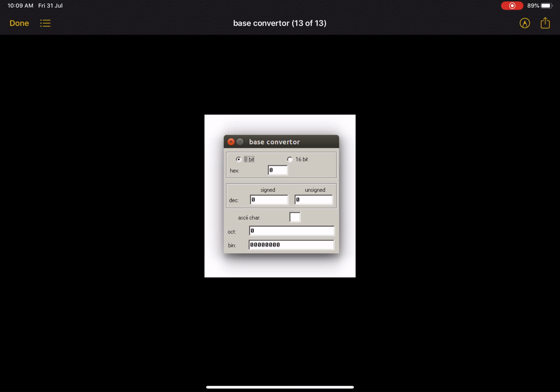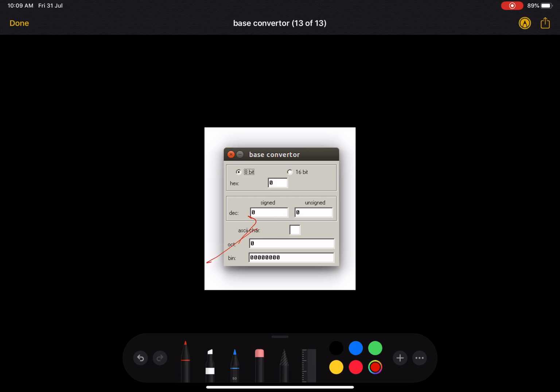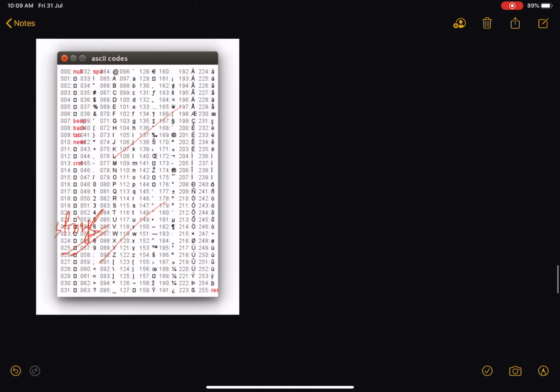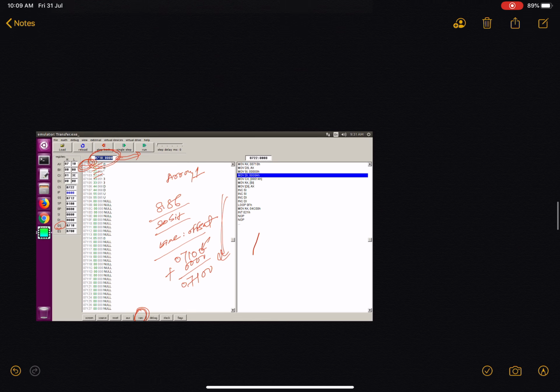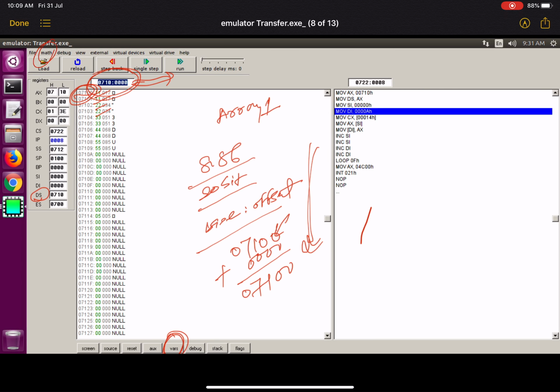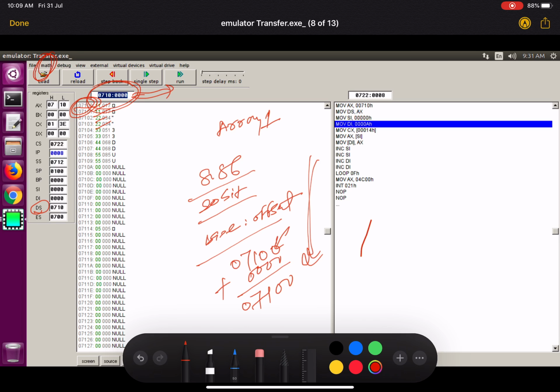Even the base is available. This calculator is available in the math menu. That math menu is available here, right? So you can explore this menu and you will get to know how to convert from one base to another. So this is all about the emulator.